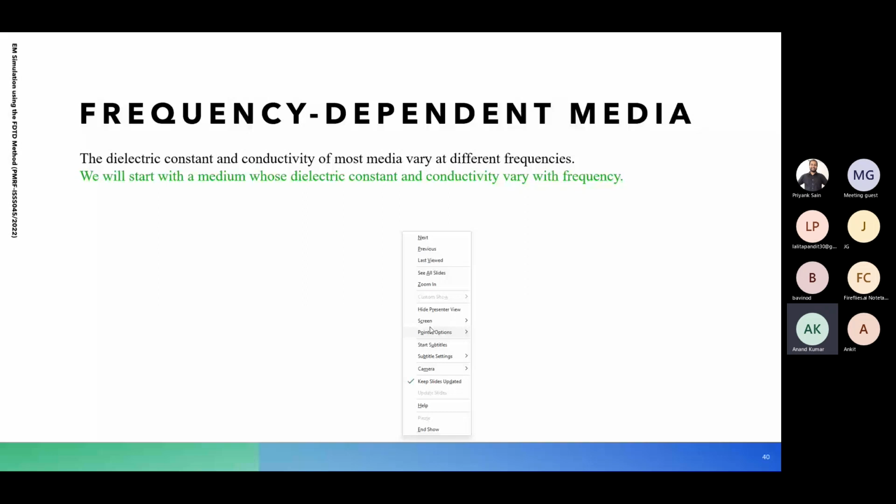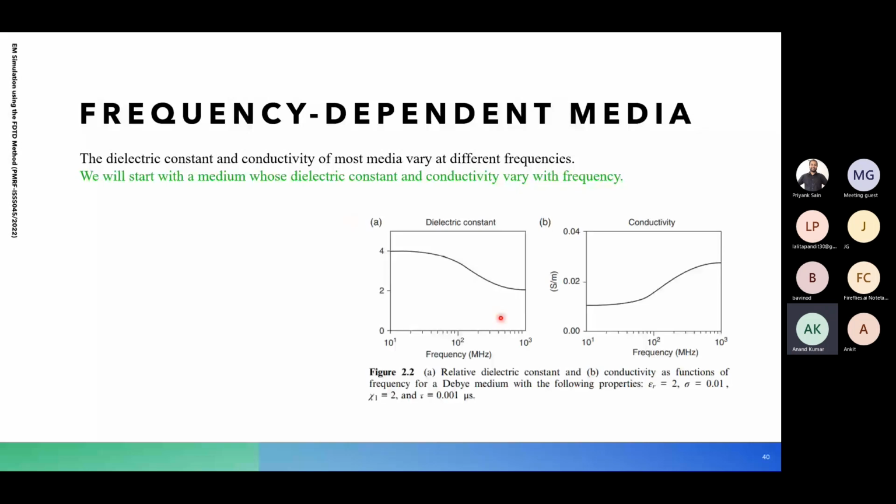Okay, so we'll start with a medium whose dielectric constant and conductivity vary with frequency. I've borrowed this picture from the textbook of Sullivan. The dielectric constant varies in this fashion: it decreases with frequency, and conductivity increases with frequency. So for a medium whose properties vary,